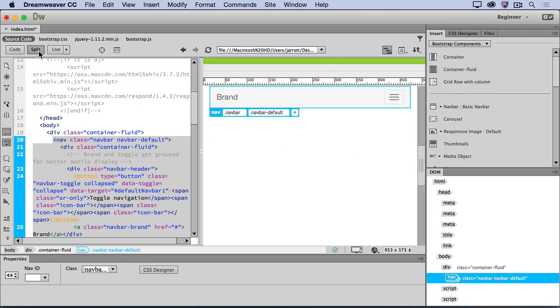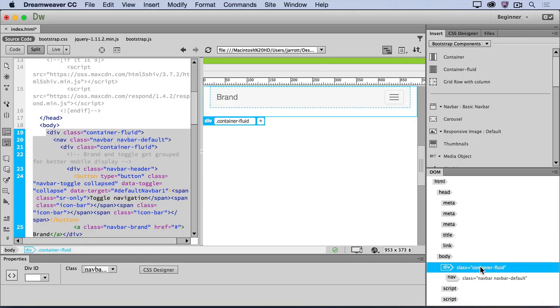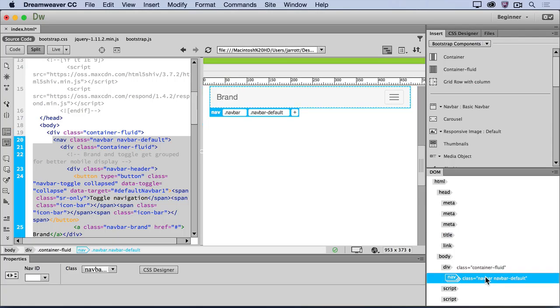next piece of content. Because we've been doing some clicking around, we'll want to make sure that we're about to add the next component in the right place. In the DOM, find the node that says div with the class of container fluid. Then, select its child element, which is the node that says nav. If you don't see a child element, you may have to click on the div node to open up the